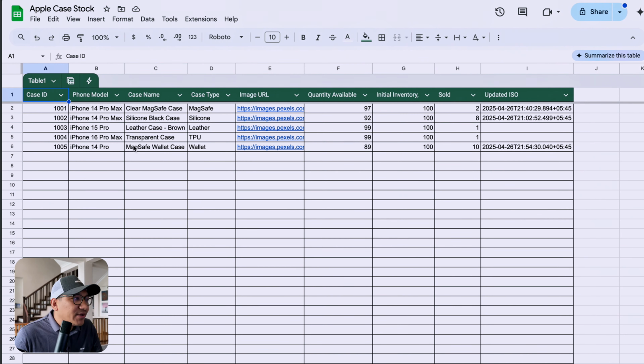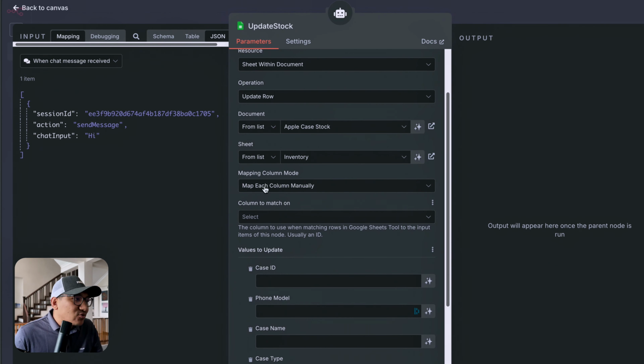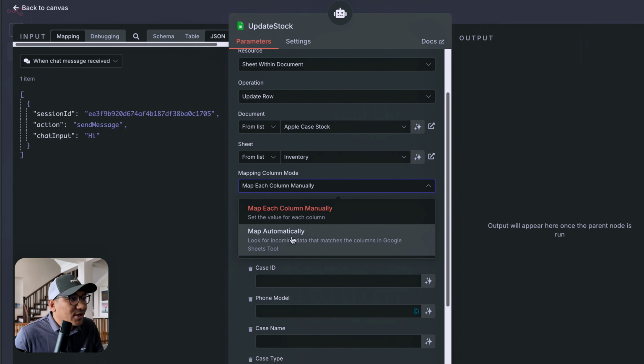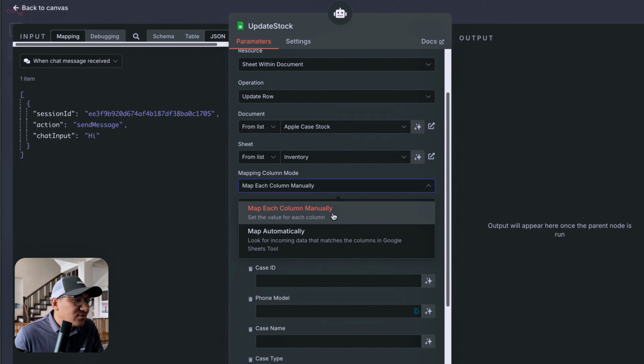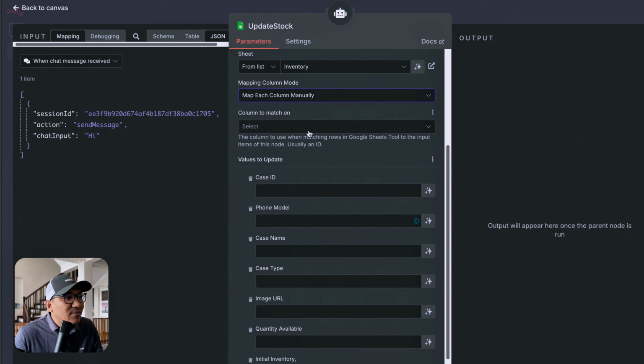So basically what we're doing is every time an order is placed, we also need to add a sold item. So if, for example, this case has been purchased, and one quantity is purchased, then we need to increase it to 11 and update the quantity as well. So that's what we're doing. So if you select inventory, it will again send, because we are updating a row, it will set which column to update. Now you can do it automatically, but again it will have a problem, so you need to do it manually. It's fetching columns, and first thing we have to do is, since we are updating a row, we need